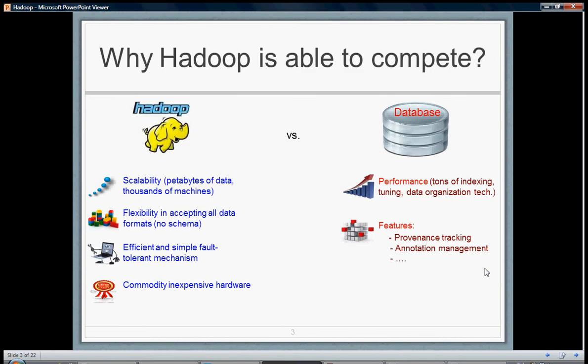Why is Hadoop able to compete with other databases? Hadoop is very scalable. You can just add as many nodes as possible as and when the data grows. If your application is becoming really large, you can add as many nodes as possible so that performance will be very high.